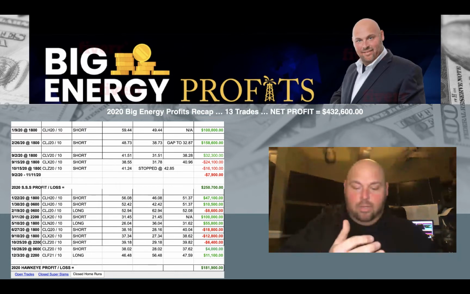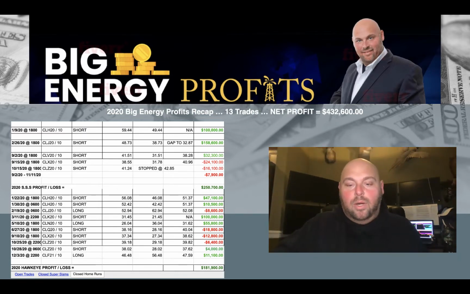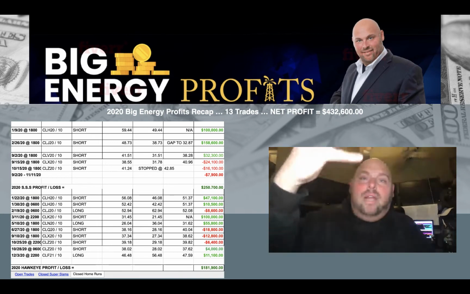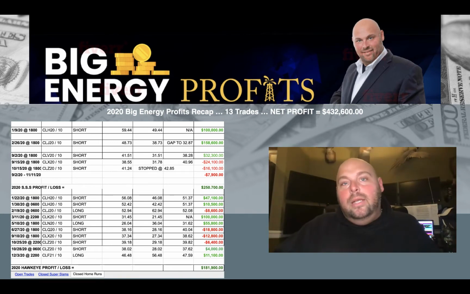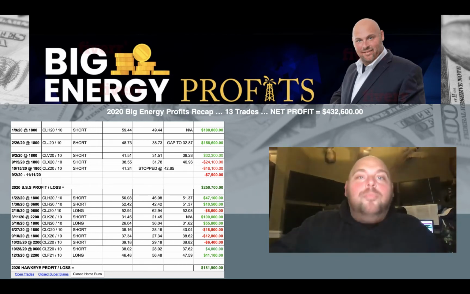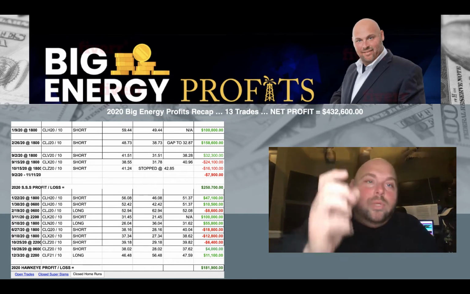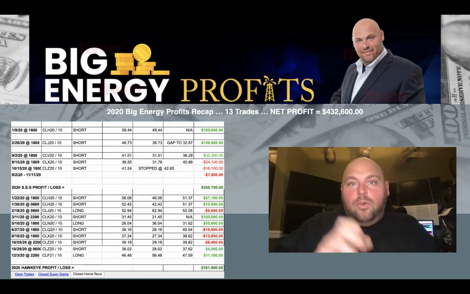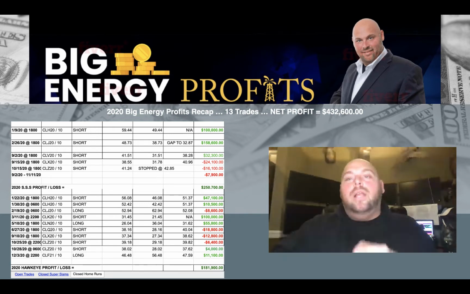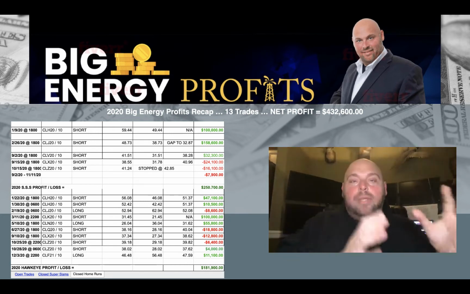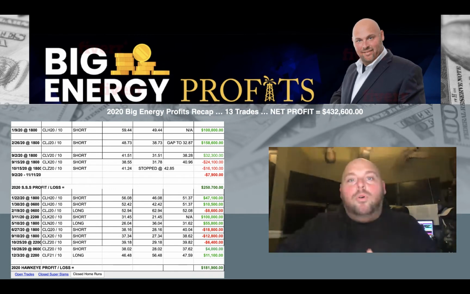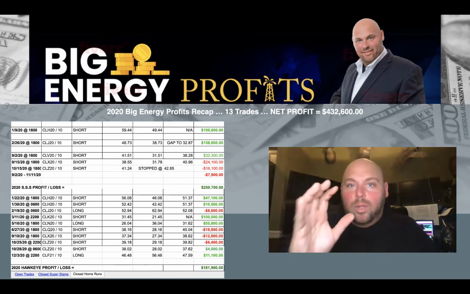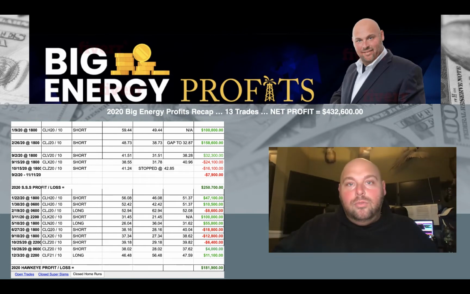Now, guys, it doesn't matter if you're trading with one contract. It doesn't matter if you're trading at the scale I am with 10 contracts. You could be trading with 100 contracts. You could be trading with a micro contract. You could be doing this following with options on the futures market. You could be doing this with ETFs. Now listen, of course, to get the closest thing to the results that I'm getting, following me as close as possible is, of course, the most ideal way. With that being said, if you could afford to just trade one contract,